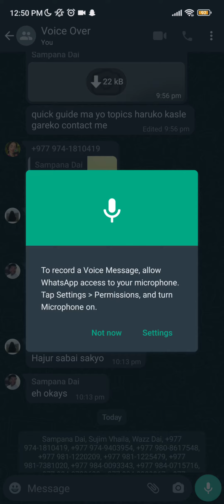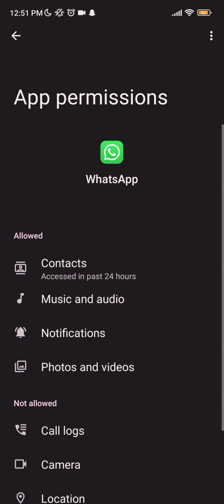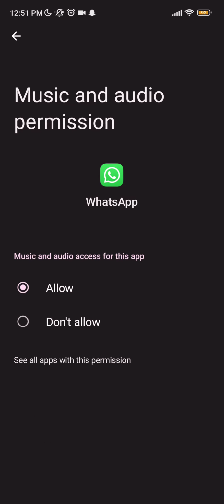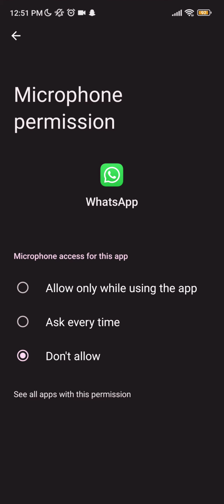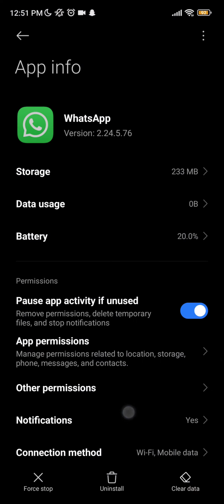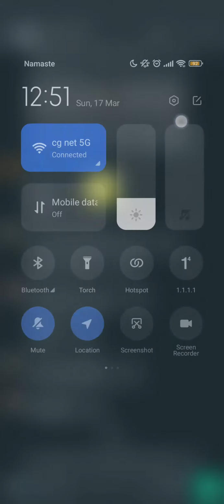Now after clicking on this microphone logo, if you haven't given permission to speak, then go to settings, go to app permissions and go to music and audio, or scroll down a little bit, go to microphone and click on allow only while using the app and go back. Now you have given permission to speak on WhatsApp, and if it's still not working, then restart your mobile phone,